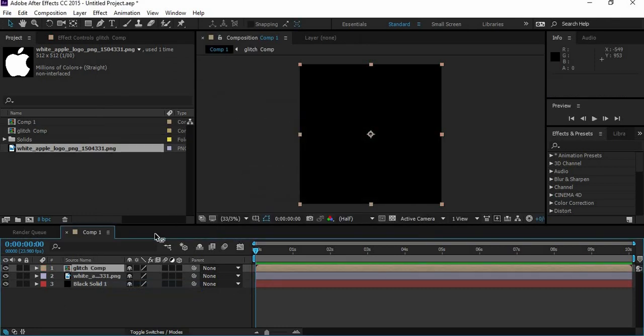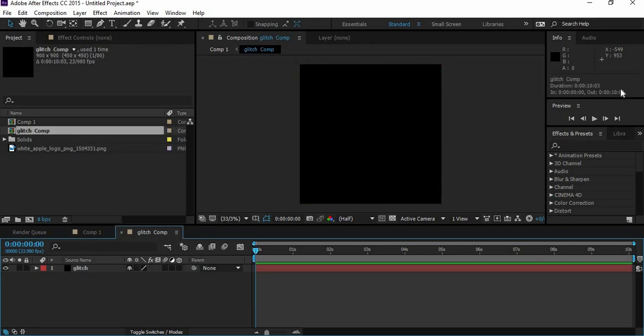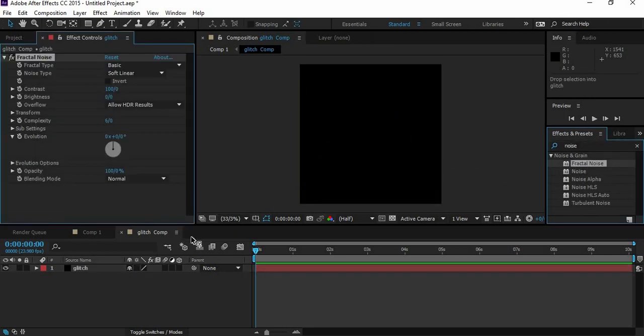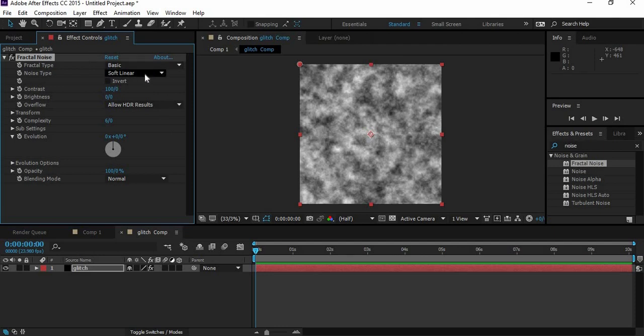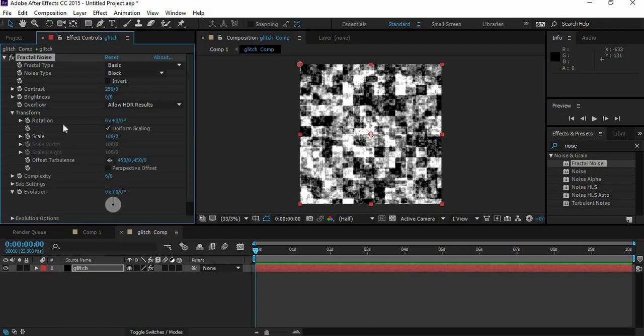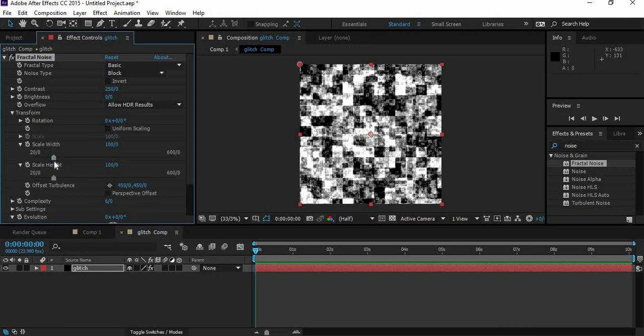Okay, double click on glitch comp and go to effects and presets, type fractal noise, and drag and drop it on the glitch layer. Go to the fractal noise settings, noise type is block, and contrast 250. Go to transform, turn off uniform scaling, scale width is